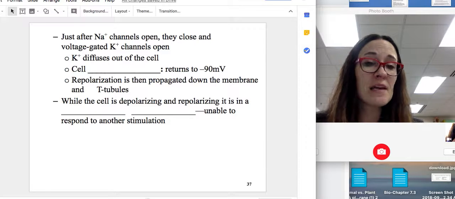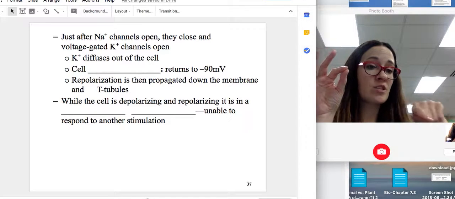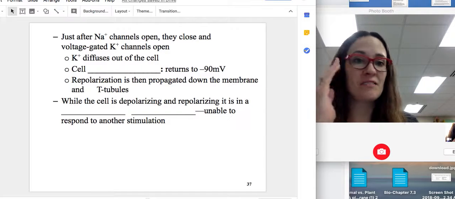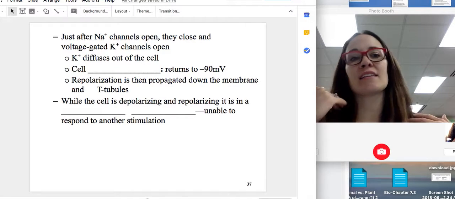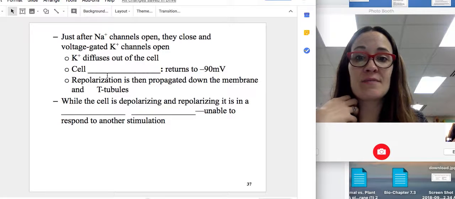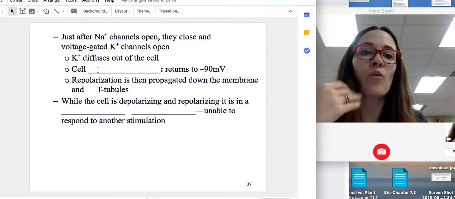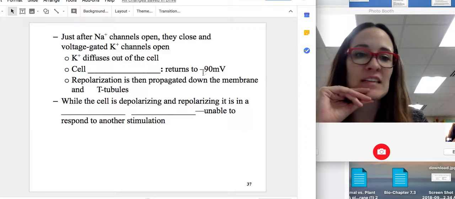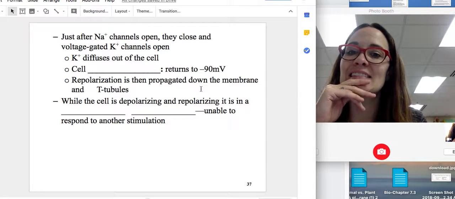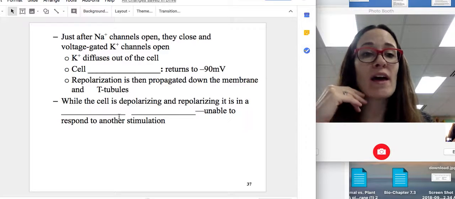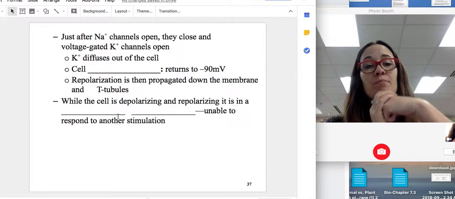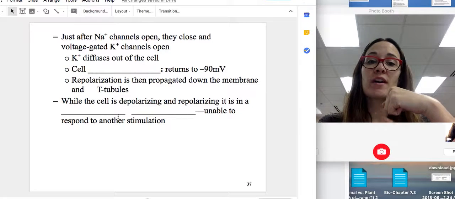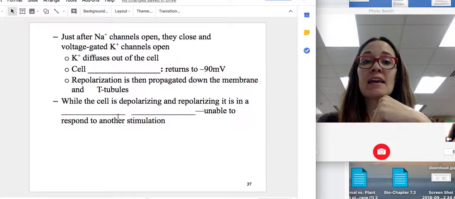And just after sodium gates open and the message propagates, the message has to go away and go back to resting. How it does that is it repolarizes. Repolarizes, and how it does that is it lets potassium out, and then it returns back to negative 90. When the muscle cell is depolarizing, or sodium's going in, and repolarizing, potassium's going out, it is in a,